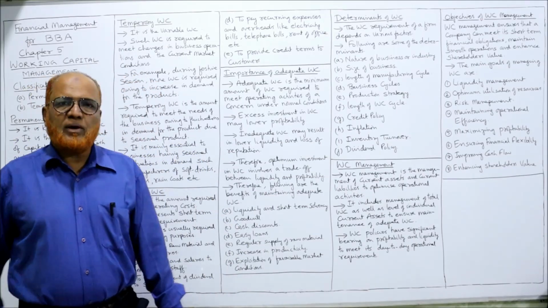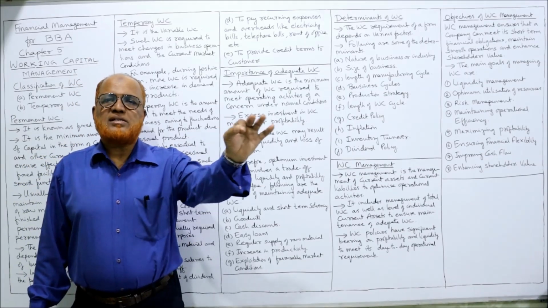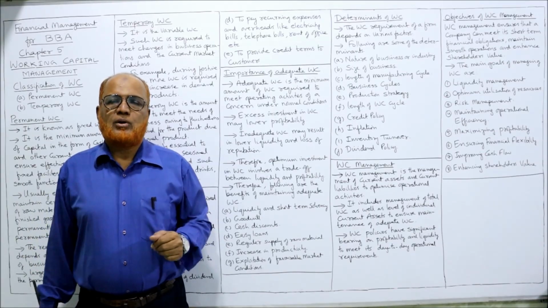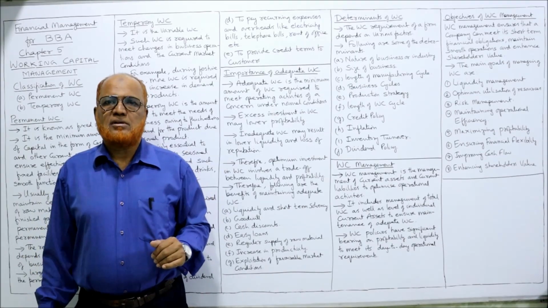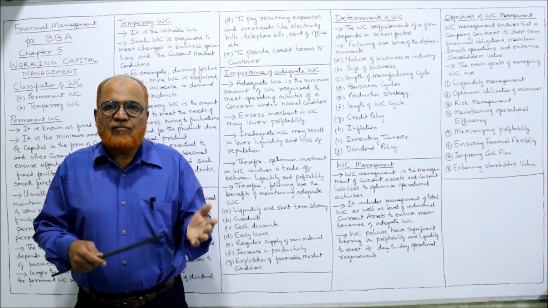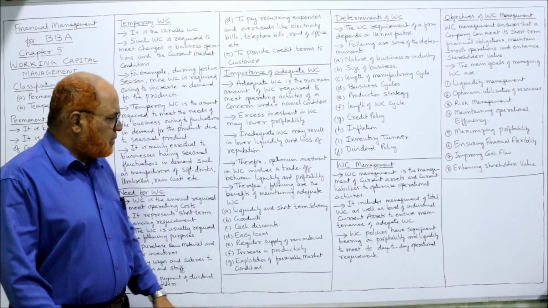Next is regular supply of raw material. When we pay promptly to the suppliers' bills, the suppliers are ever ready to supply the goods to the business. That means we get a good reputation. The suppliers are always coming forward to have connections with our business, to sell the goods to our business.